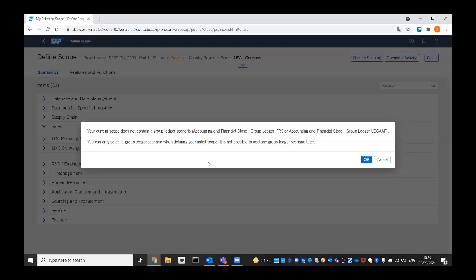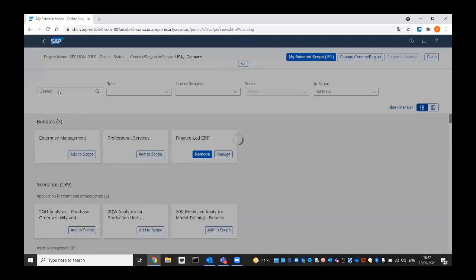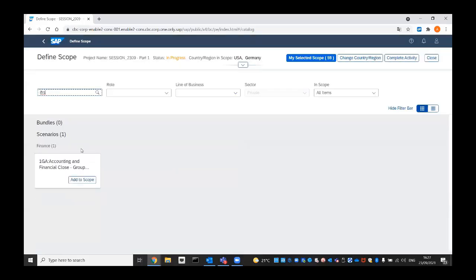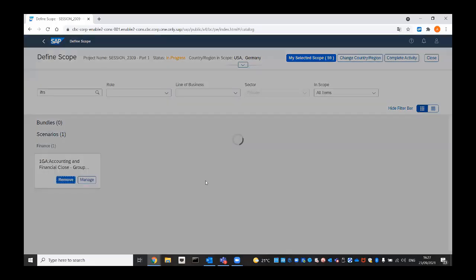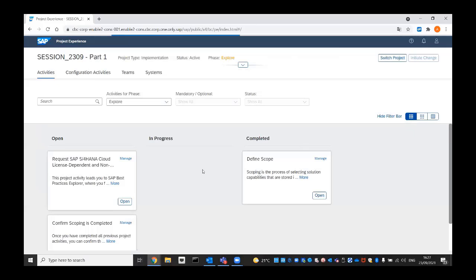Now I complete, and here I came to the third part of what we have enhanced in the scoping environment. We have now introduced also a warning that you have to choose either IFRS or US GAAP scenario. So we take this warning seriously and we cancel it. We go back to scoping, and then you search for IFRS or US GAAP. In my case, I use IFRS, say, okay, I add it to my scope. And you complete the activity. And you recognize by choosing the IFRS, you have no warnings anymore,